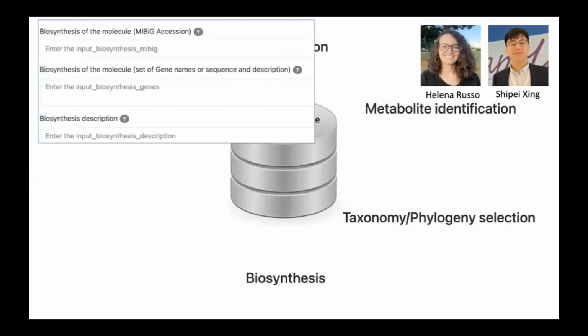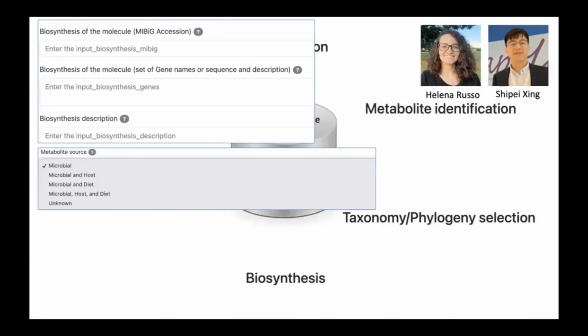If you have biosynthetic information, in other words, the genes that are responsible for making it, that would be great if that is in MIBiG. MIBiG is a resource that connects structures to the genes that make small molecules, and many of these are microbial. If there's a MIBiG accession, all the information is stored. If this is new information, you can enter it here, or you can enter it at MIBiG.